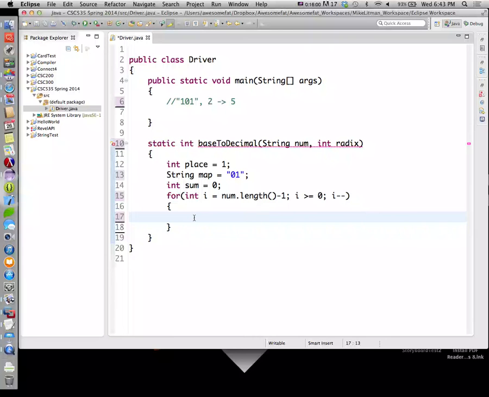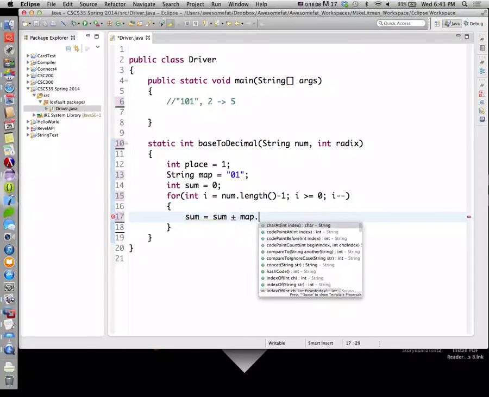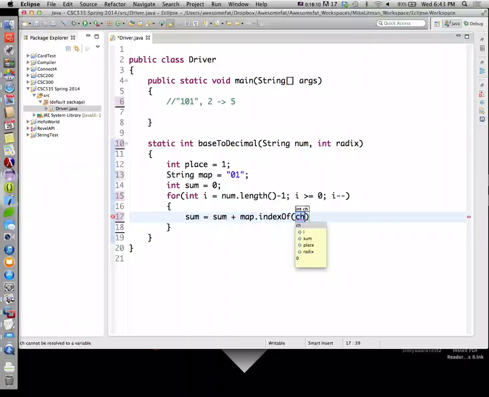So as I walk through my string, what am I going to do? I'm going to say sum is equal to whatever sum currently is equal to plus map.indexOf(num.charAt(i)). So this code right here is going to give me the index of the character that I just pulled out